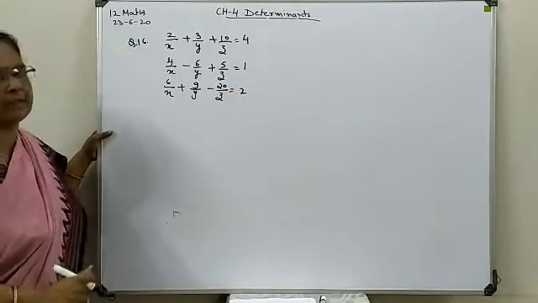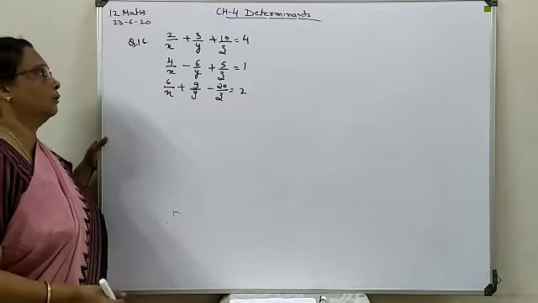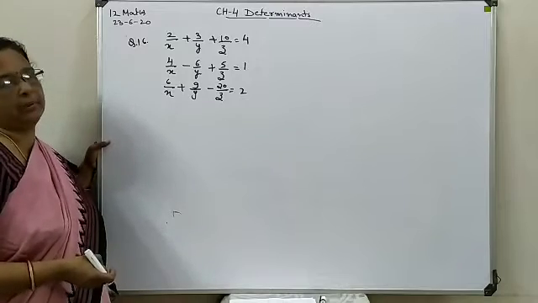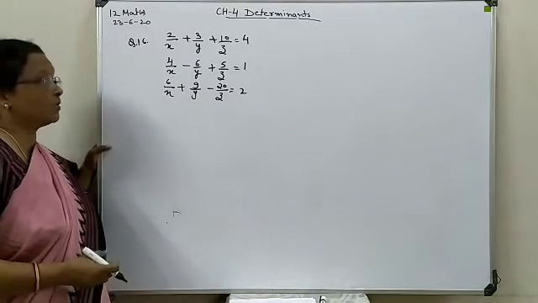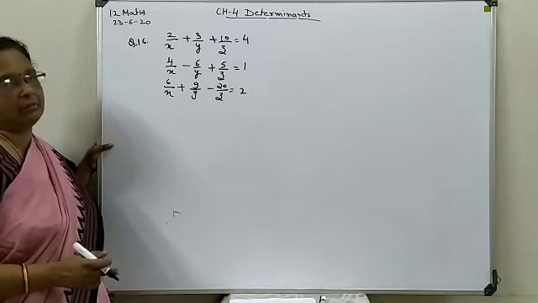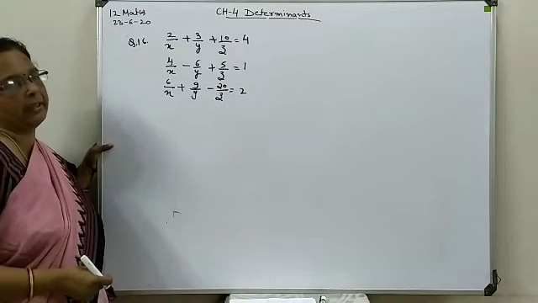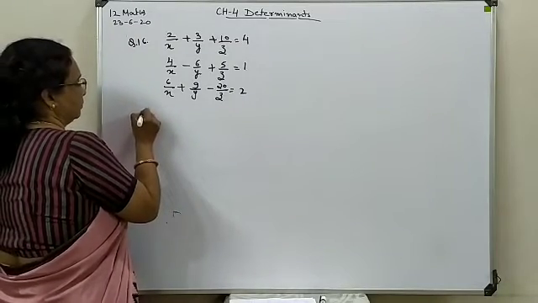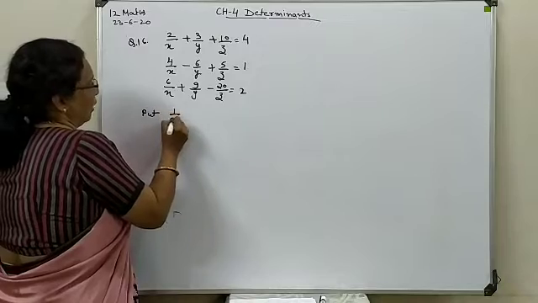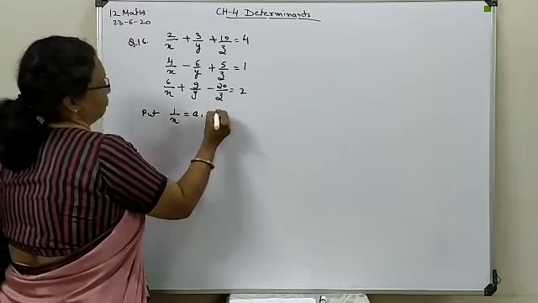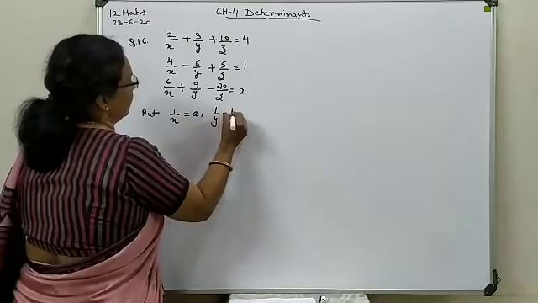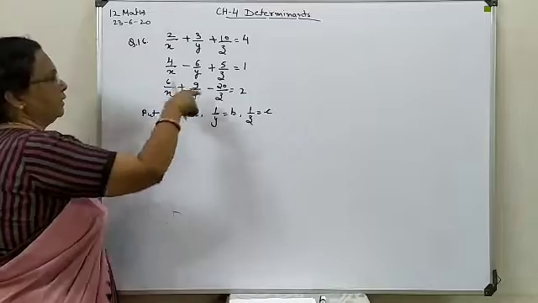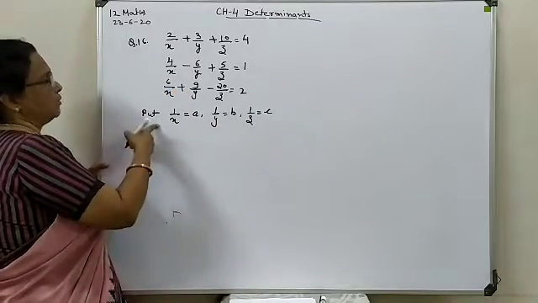Here you can see that all the terms on the left hand side are in reciprocal form. That reciprocal form is not possible to use to make a solution as simultaneous equations. So first of all we will turn these three given equations into the standard form and then solve. Here we are going to suppose 1 upon x as a, 1 upon y as b, and 1 upon z as c. Everywhere in these three equations we are going to make this substitution.